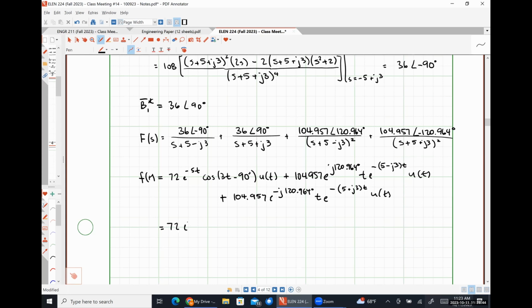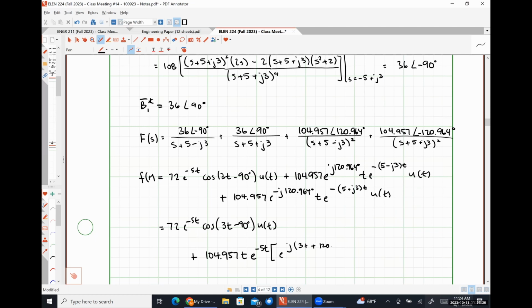So 72 e to the negative 5t cosine 3t minus 90 degrees u of t. I'm going to put it down here so that I have plenty of room. 104.957 t e to the minus 5t. Then I'm going to have, so this first term, e to the positive j, because negative j is positive j, 3t